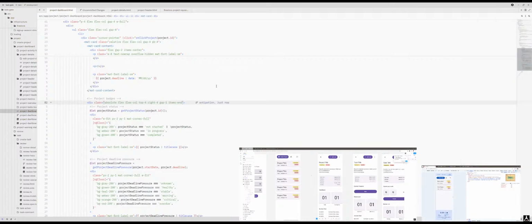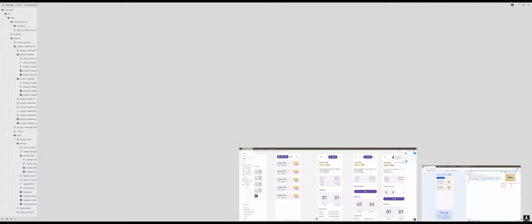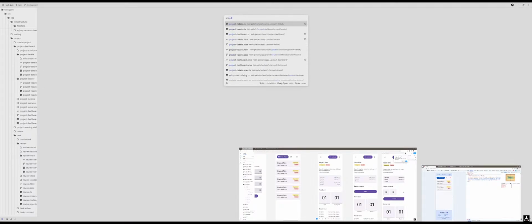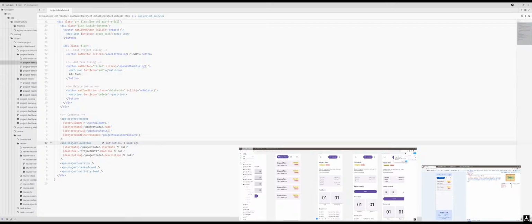Awesome. Let's move now to the project details. Details.html. Figma. Here I am double checking if I already have all the necessary things in the dashboard. Okay,